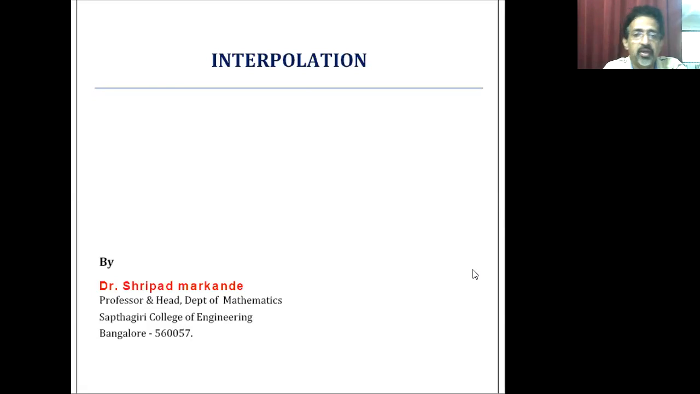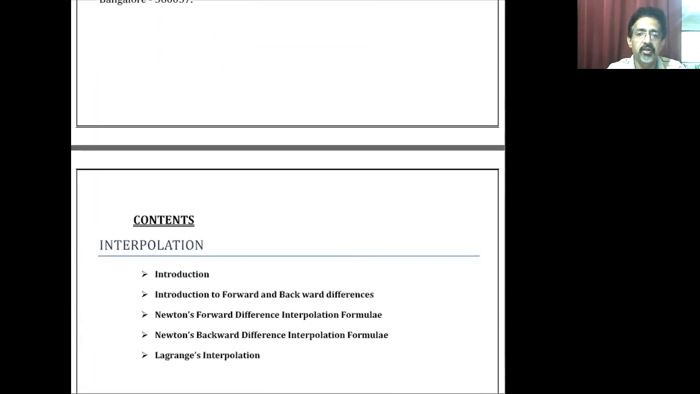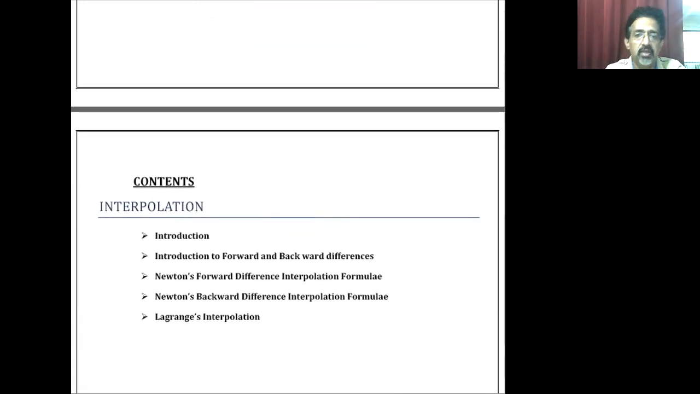Hi students, today we are going to discuss interpolation. In this topic, we are going to consider the forward difference and backward differences, the new concept called forward difference and backward differences. And using those forward and backward differences, we are going to derive Newton's forward difference interpolation formula, Newton's backward difference